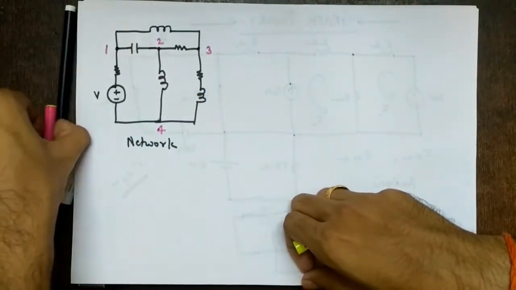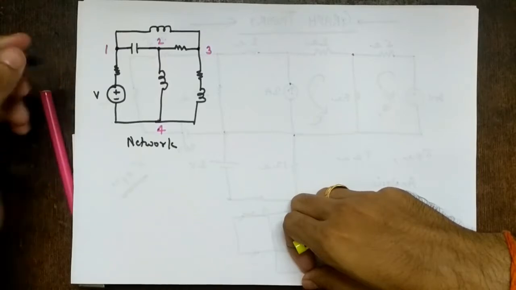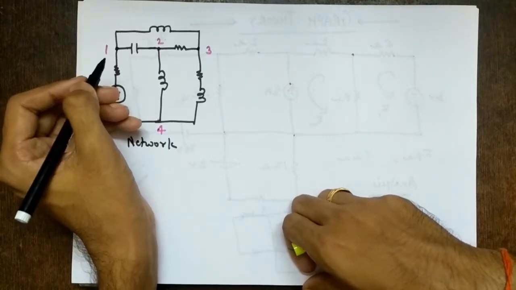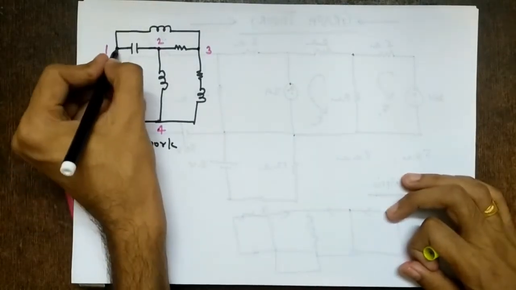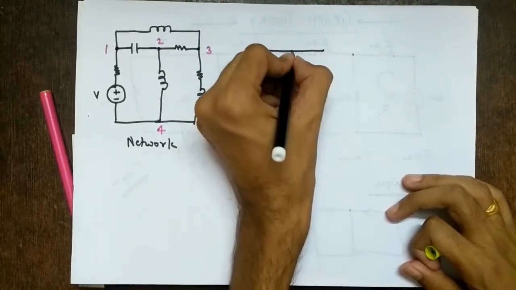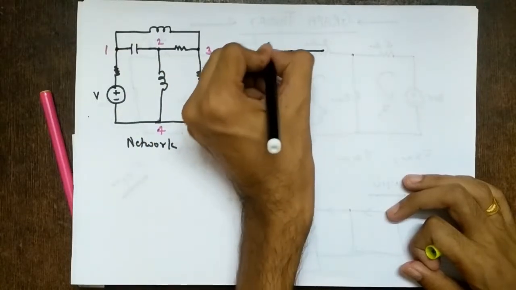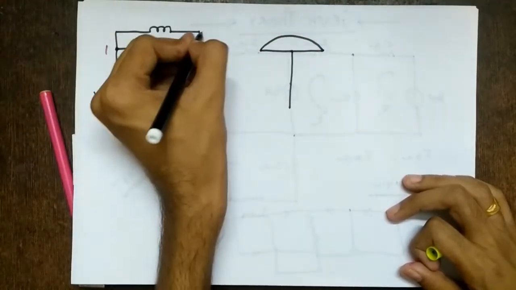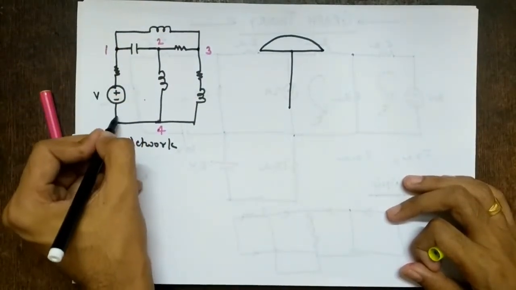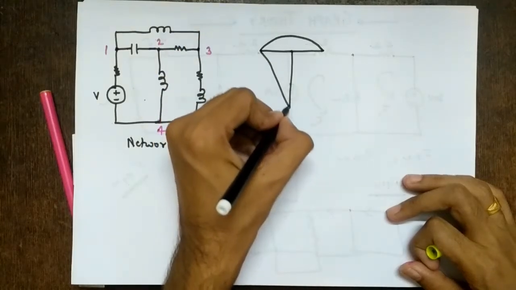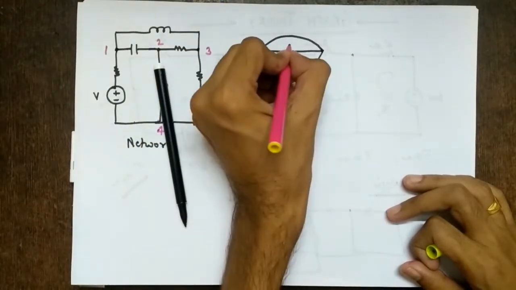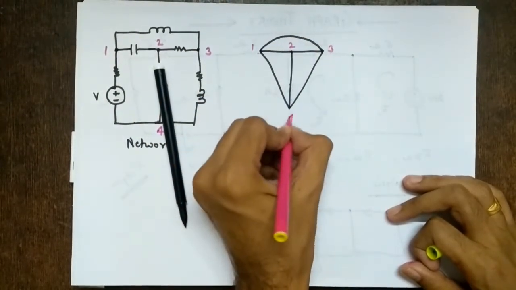So let's draw the graph. And what are nodes? A collection of more than 2 branches, right? So let's start from node 1. Again we just have to draw lines. So 1, 2, this is the third one. This I can draw in a circular way, because if you draw it in this way, it gives the illusion of nodes, so that's why we don't draw it that way. These two are not nodes, so I can directly connect them like this, right? So I have all the nodes intact. This is my node 1, this is node 2, this is node 3, and this is node 4.